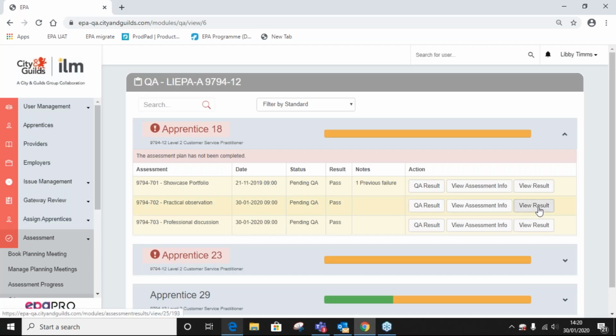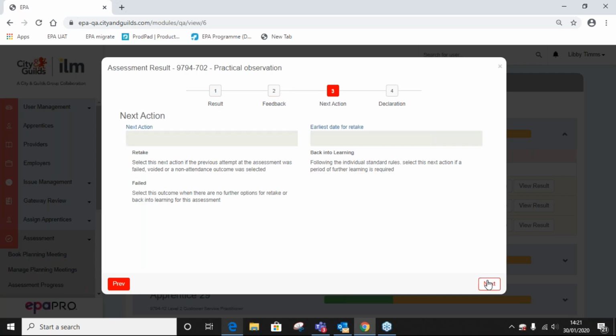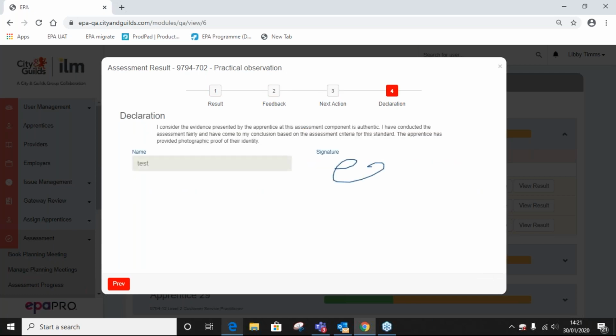What we want to do next is to see the result that the IEPA has given this assessment component, and we do this by clicking on the View Result tab. We can see that that particular IEPA has given this assessment component a pass. Click into the next page, and we will just go through.